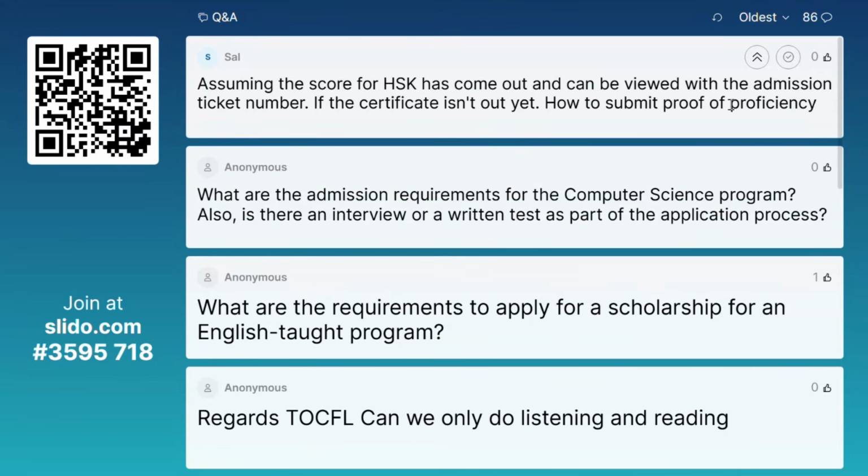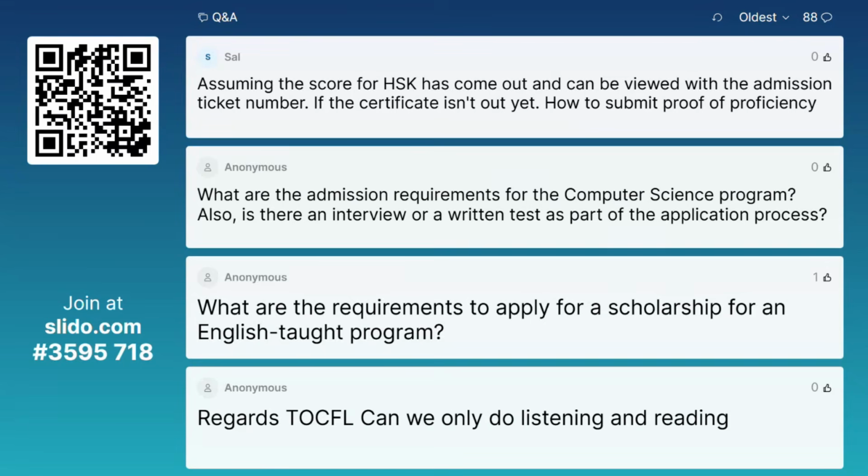Okay, our second question is, for the HSK, if the certificate isn't out yet, how do you submit the proof of proficiency? Okay, by the time you apply, if you haven't got the HSK certificate, you can still apply, and you can